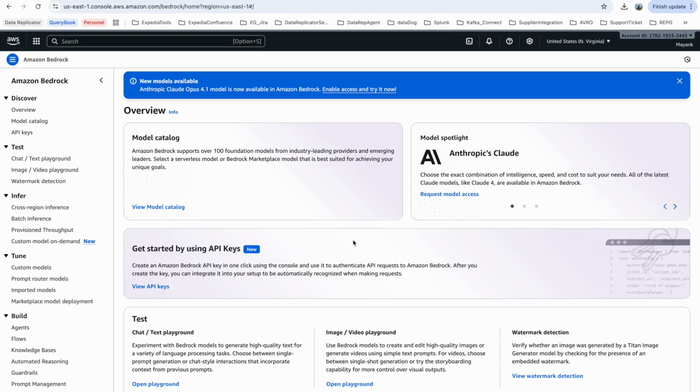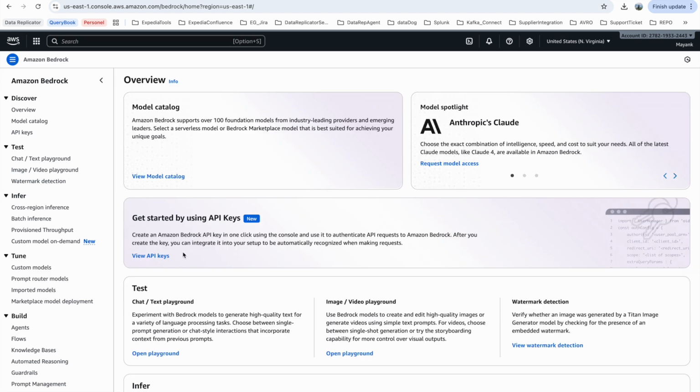Friends, today I am going to talk about the Amazon service called Amazon Bedrock, and I am going to provide a brief overview of what this service is for and how we can programmatically access the generative AI model that it provides. Amazon Bedrock is basically a service or a platform where you can use lots